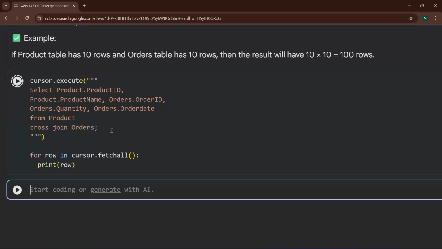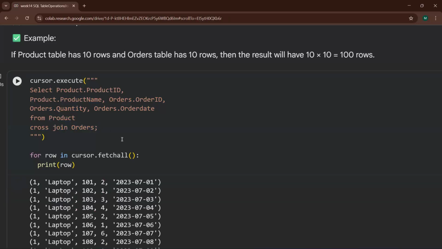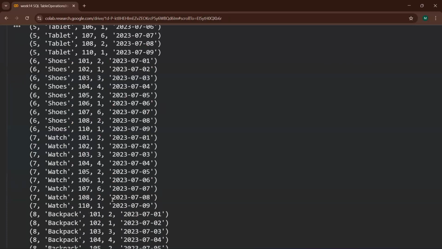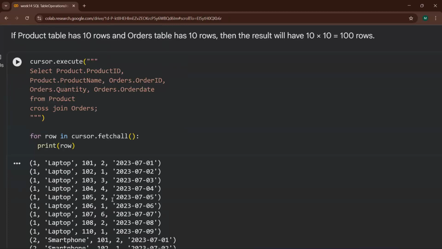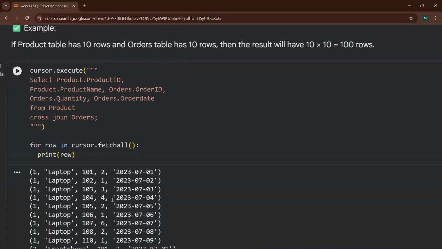If you see the total answer, you will get, I guess, 90, because 10 rows were there in your product table and 9 rows were there in your orders table. So 10 into 9 will be 90 rows as your output. This is your cross join.